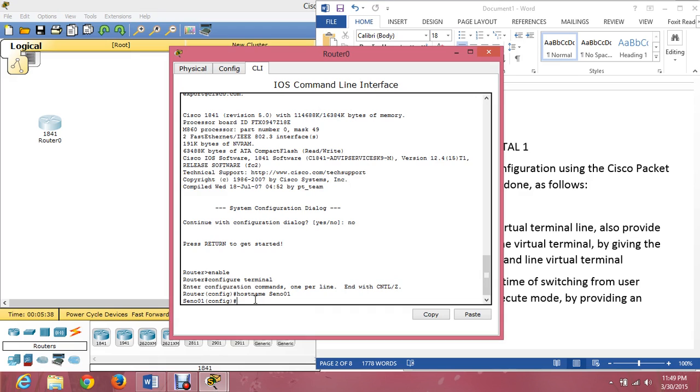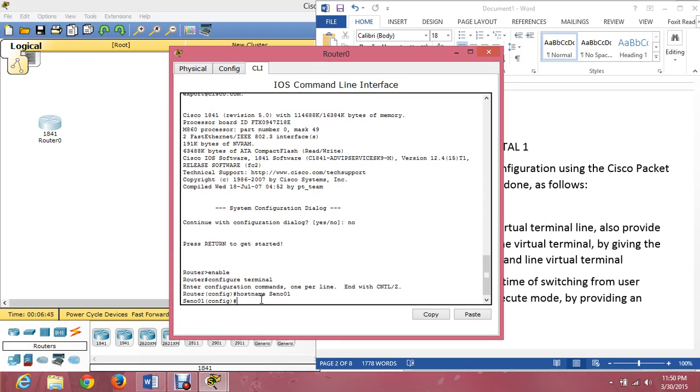To create a line console and its password, we should enter global execute mode, and now we are in global execute mode.